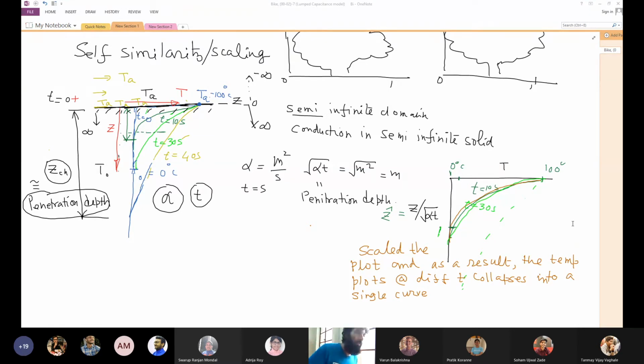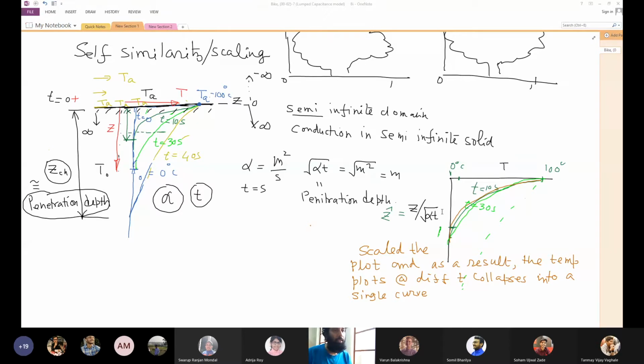It becomes exact because, in terms of mathematics, if we do this variable transformation, you see that this is basically a variable transformation. If we do the variable transformation, the partial differential equation reduces to an ordinary differential equation. So we'll see that. Mathematically, that's why all these plots collapse, because with this variable transformation, this t is a